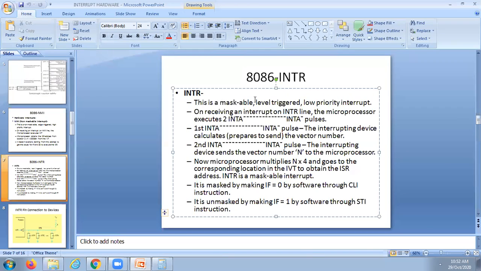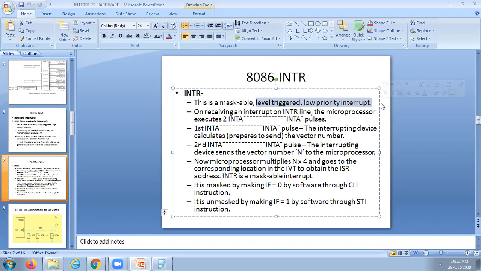In all processors it is a maskable interrupt, but the level triggered and low priority part is valid only for the 8086 processor. In other processors it may be different, it need not be level triggered, but here in this case it is a level triggered, low priority and maskable interrupt.